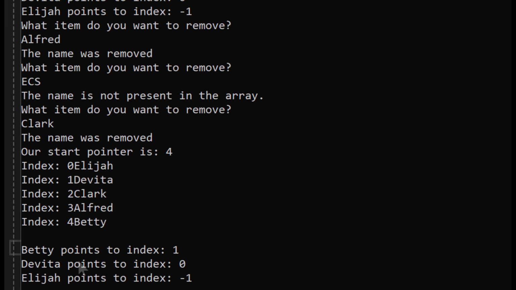So let's double check these pointers. Betty points to index 1. What's in index 1? That is Davida. Davida points to index 0, which is Elijah, and Elijah points to index -1, signifying the end of our linked